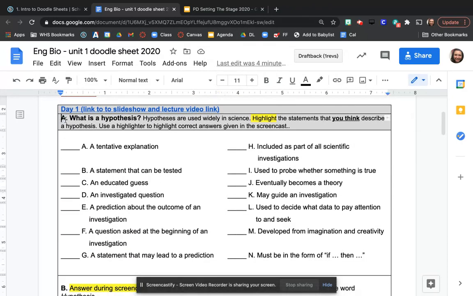Make sure you don't skip over box A. Okay, so hypotheses are rarely used in science. Highlight the statement that you think describes a hypothesis and use a highlighter to highlight correct answers given in the screencast. So you and your partners, you by yourself or you and your partners, just go over and put X's in the ones that I'm